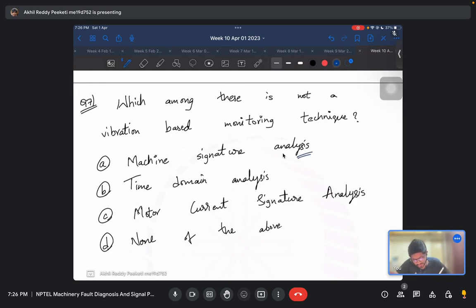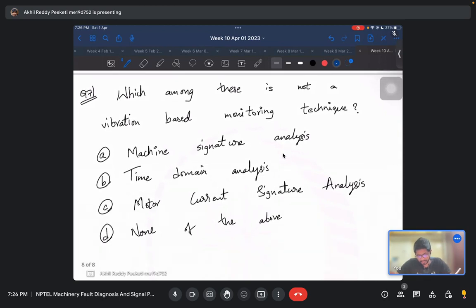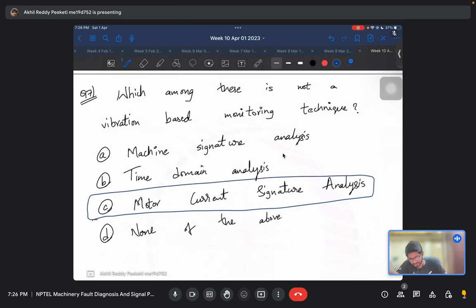Machine signature analysis, time domain analysis, motor current signature analysis, none of the above. So the answer here is motor current signature analysis, as you can see in the name,